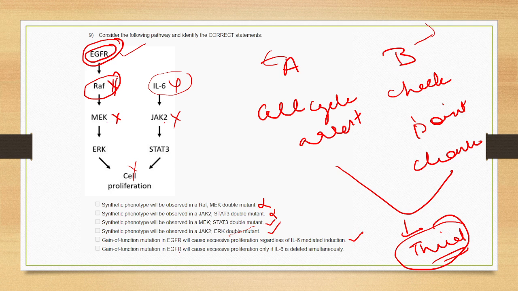Gain of function mutation in EGFR will cause excessive proliferation only if IL-6 is deleted simultaneously. No, because just now I said that EGFR is present upstream. So it is not dependent on IL-6. There is no dependence of EGFR on IL-6, neither a positive dependence nor a negative dependence, because it is upstream of it. For example,